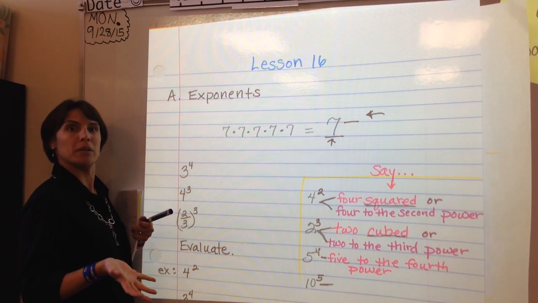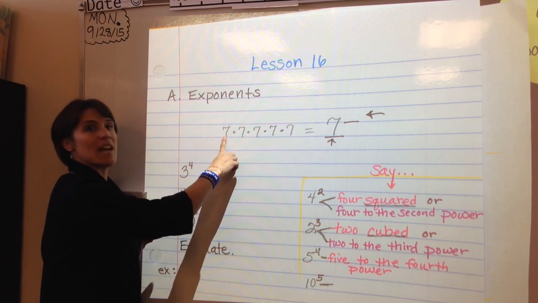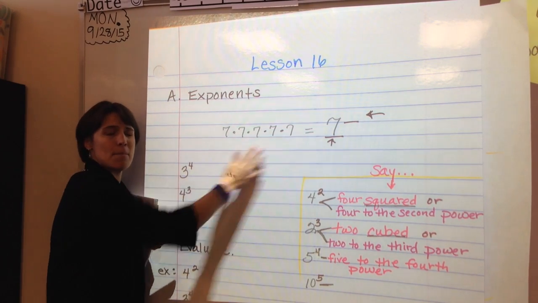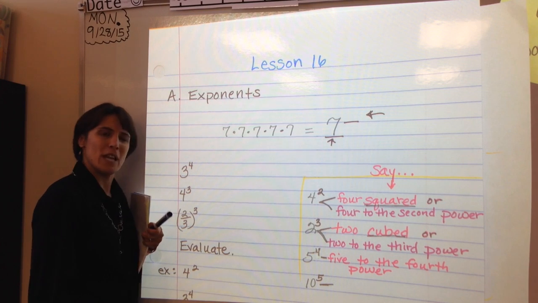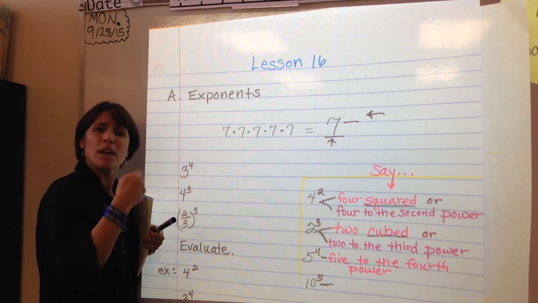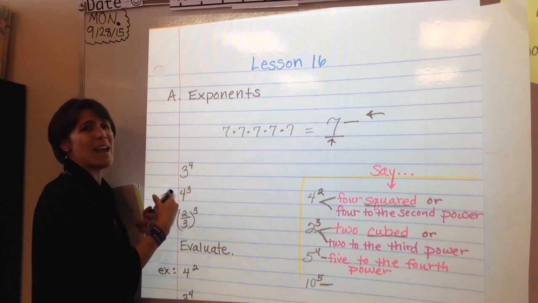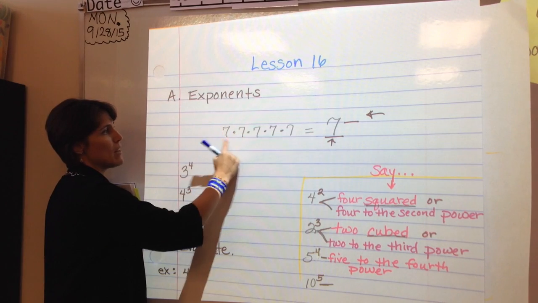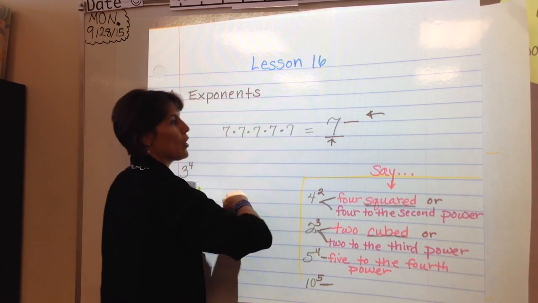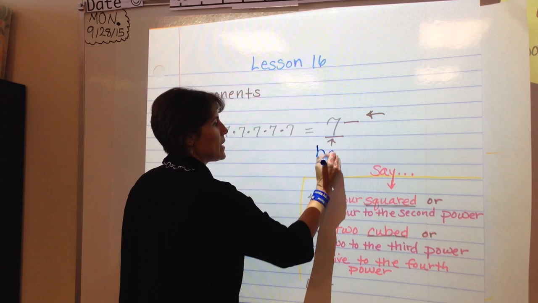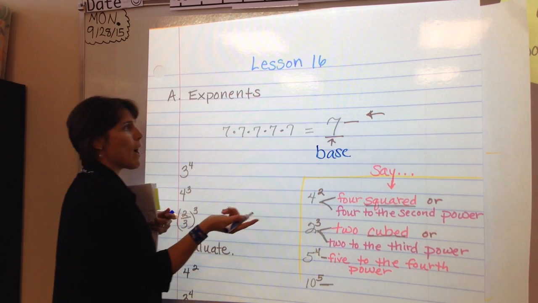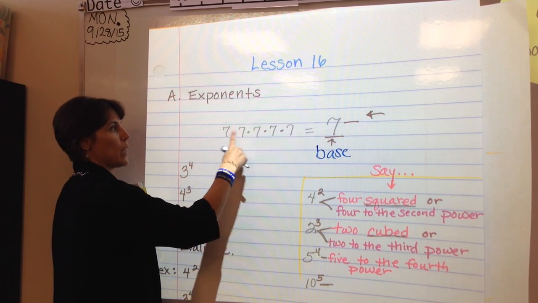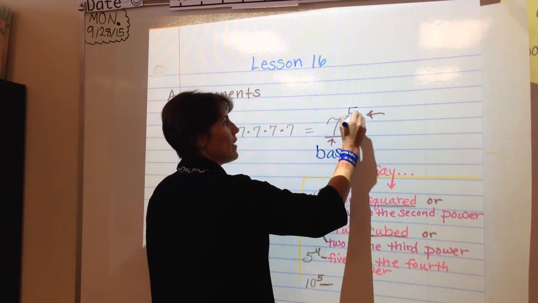Want to use an exponent is because say you had a problem that's 7 times 7 times 7 times 7 times 7. You see these have the same number over and over and over in a multiplication problem. To save yourself energy and time and ink, well, you know, another way to write 7 times 7 times 7 times 7 times 7 is the important number that you're multiplying over and over, which is called the base. And however many times you're multiplying that factor to get the product, 1, 2, 3, 4, 5, 7 to the